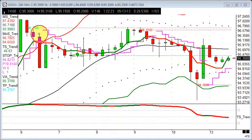So starting off with looking at US oil, so crude. Basically, I think a lot of people know really what Trendsignal is all about here. So one of the main things that we're really looking for is basically the change in direction from here. We can see the indicator turning from green to red, and also here as well. A little bit of a signal here earlier on at the very beginning of the week, but very much looking for that retest. See the rejection of the resistance there